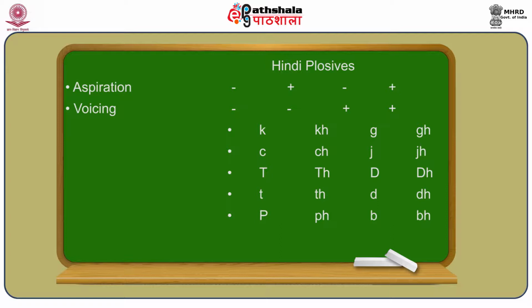So all these sounds have a complete closure. Stops are produced with a complete closure. Only then are they produced. Those sounds are called plosives. So I have arranged them in terms of only 2 parameters. There are 4 sounds in each series: k, kh, g, gh, right? As you see on the slide in front of you, these are organized in terms of kavarg, chavarg, tavarg, tavarg and pavarg. And in each series, you have 4 sounds.